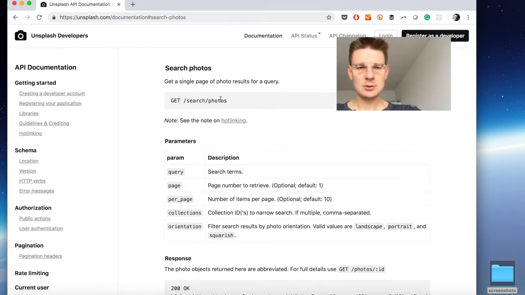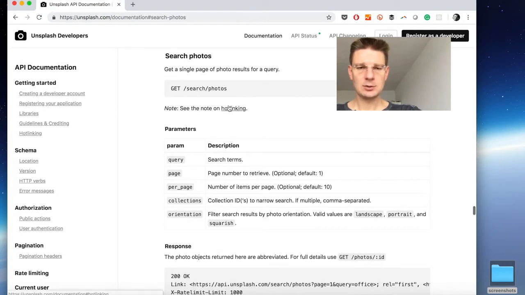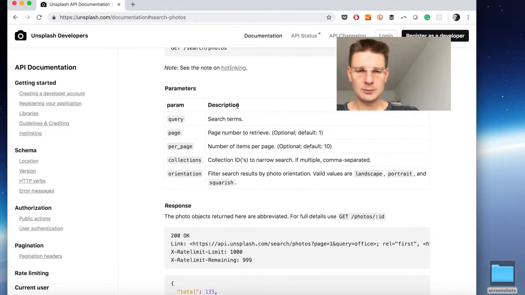I do a get search photos. Get a single page of photo results for query. See the note on hot linking. Okay, so that's probably about attribution for the photographer. I have some kind of parameters. I have a query parameter